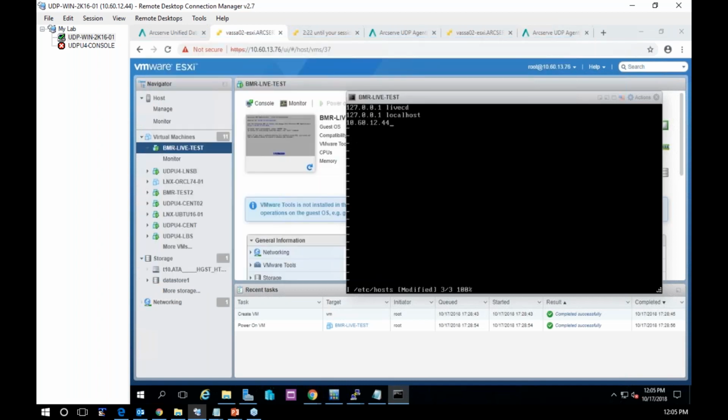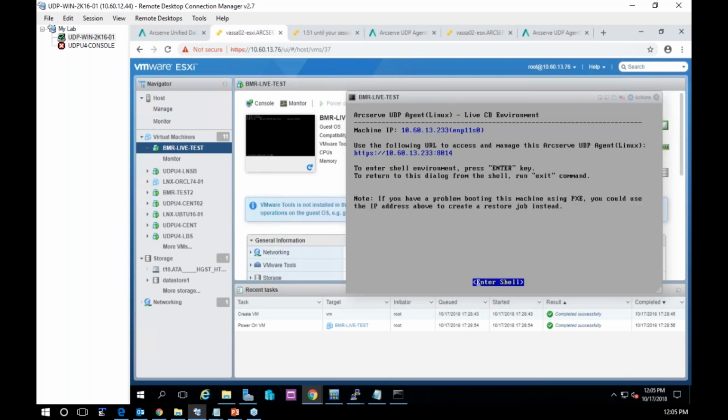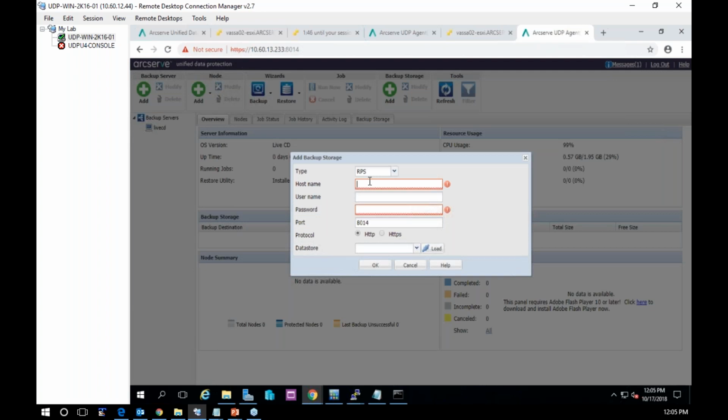10.60.12.44. Yes, 10.60.12.44. UDP win 2k16-01.udp.local, or give the short name also win 2k16-01. Save the file, exit, come back to this prompt, and we'll go in here and specify it as UDP win